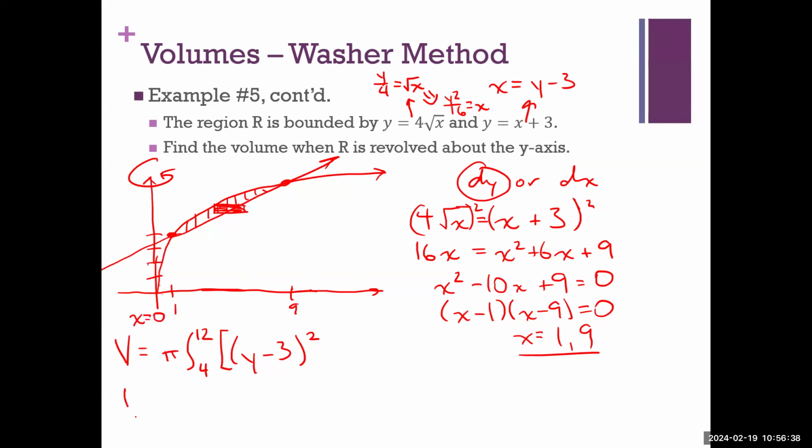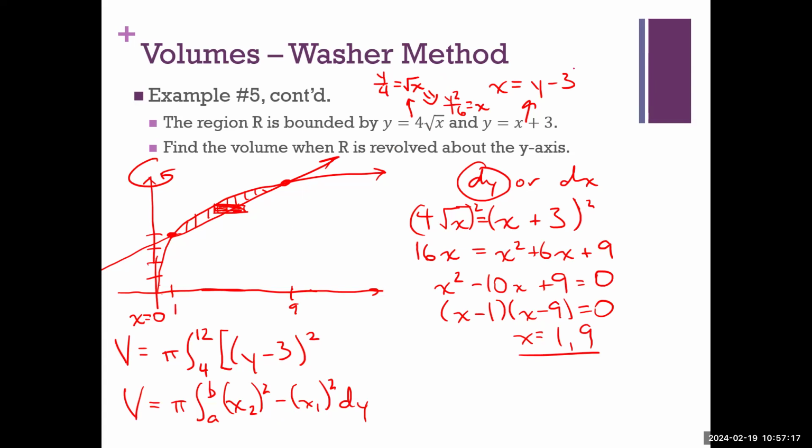So let's backfill some stuff here. I'm going to rewrite the washer method in some other terms. I'm doing a dy integral, so really what I'm doing here is comparing x values: x2 squared minus x1 squared. The way we've expressed it before, those x2 and x1 are radii. But in our case, we're comparing